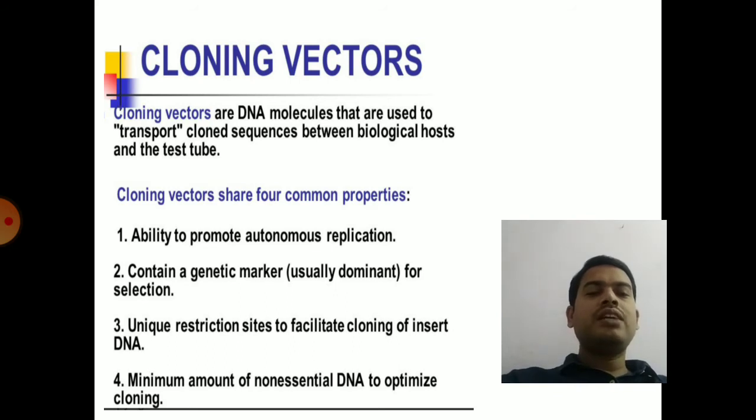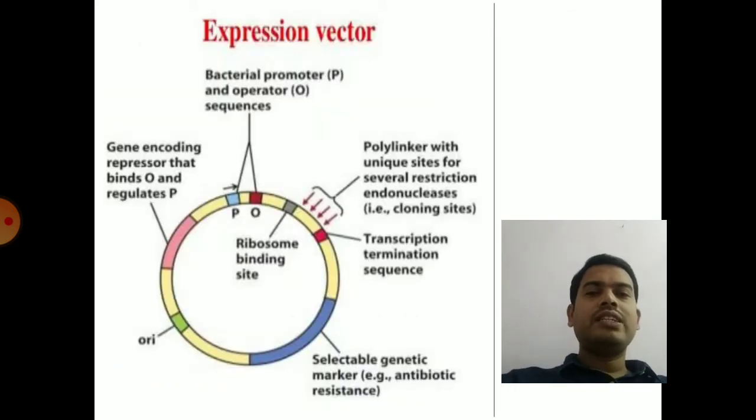So that means there are some conditions to optimize the size of the plasmid. Otherwise, if this optimization is not done, there is less chance of plasmid replication or plasmid expression. So, a minimum amount of non-essential DNA is needed to optimize the cloning. Unwanted DNA can be identified and removed, and your foreign DNA can be inserted, and some non-essential DNA is used to optimize the vector. So, that is the cloning vector's characteristic features.